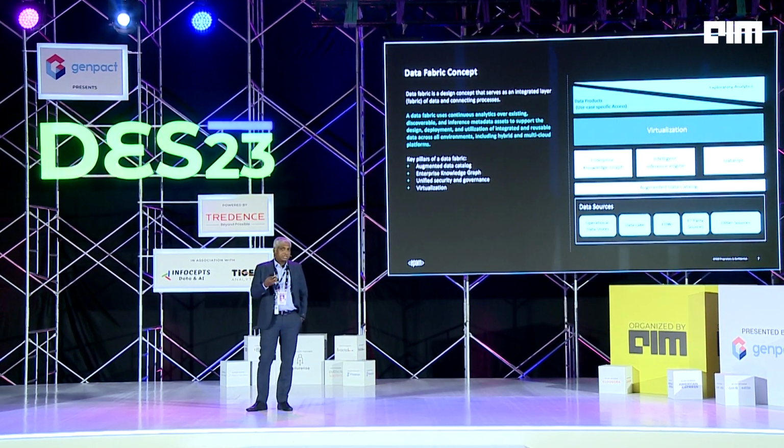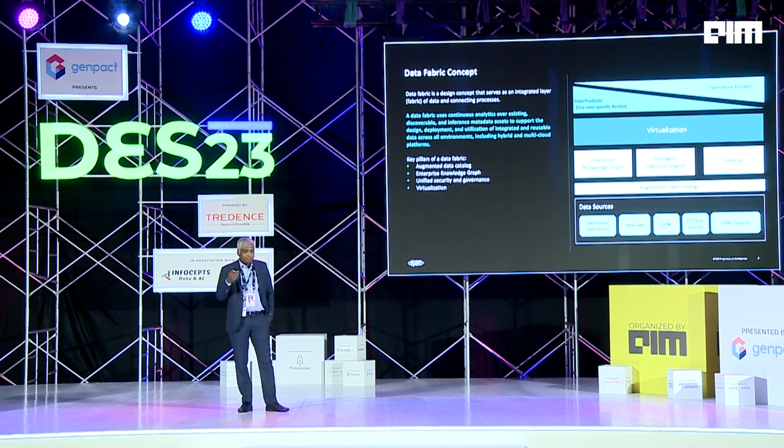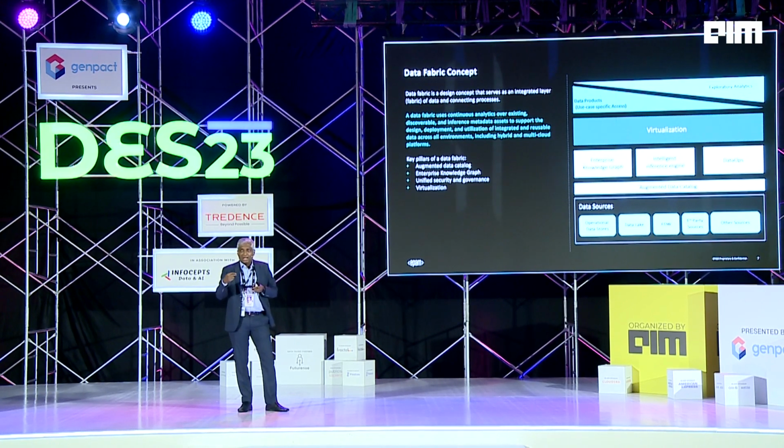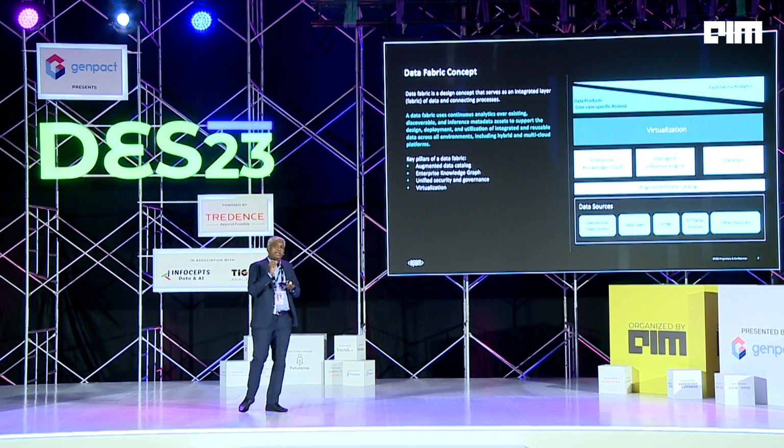All these are getting registered in the catalog, and there is an ML algorithm that keeps running, profiling these data sources, including data lakes, data warehouses, all those things. Right? And whenever a new data asset is created as part of the enterprise, it scans through, profiles it, documents it in the catalog, and intelligently links it to other data assets that are already registered. Right? And then makes them available for the end consumers to create the data products.